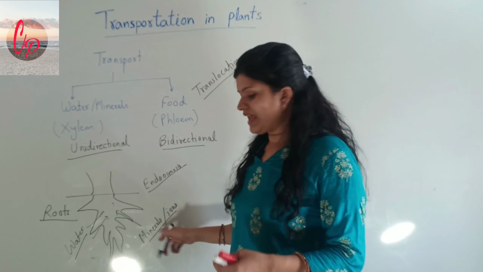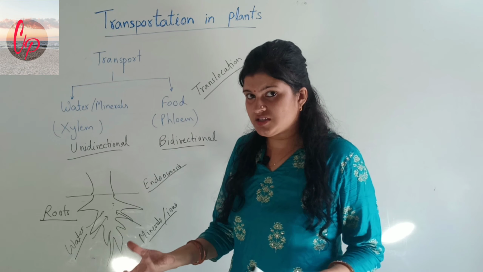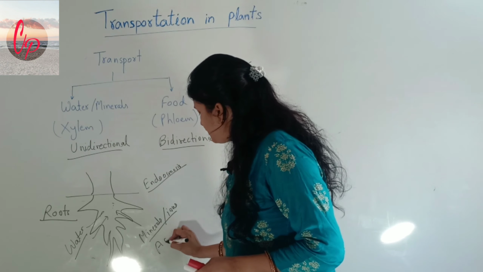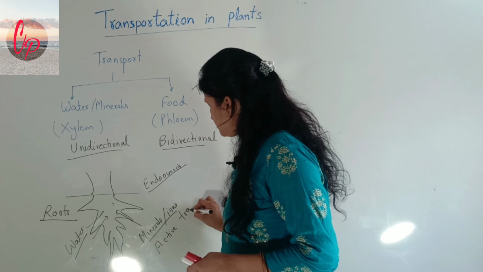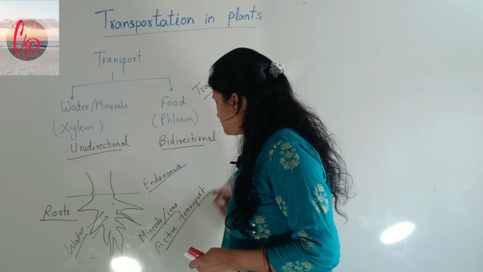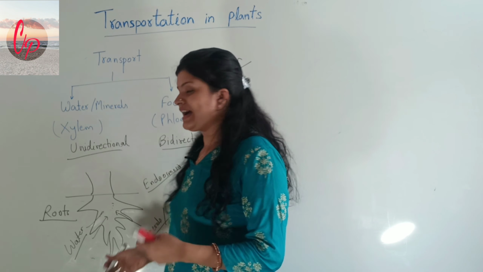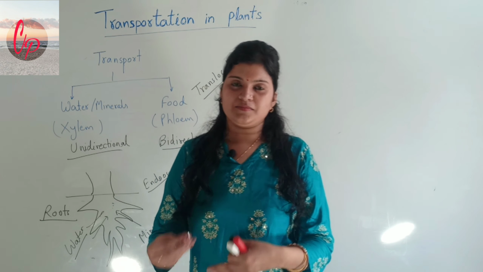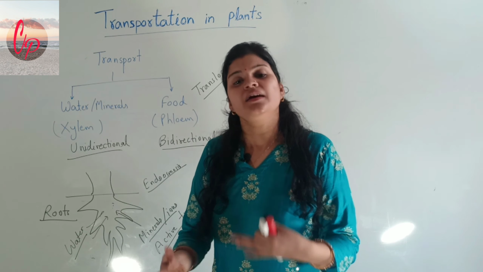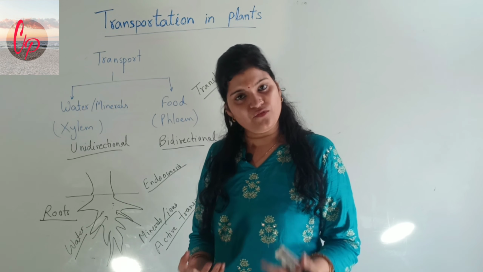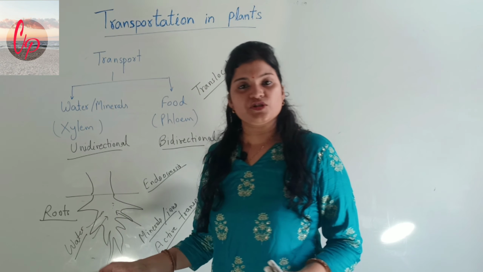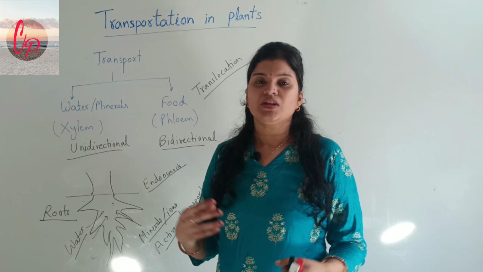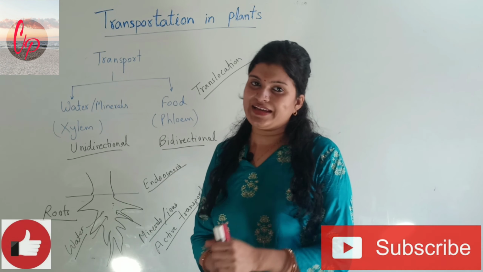And as the minerals and ions are absorbed by the plants by giving some energy, this type of absorption by the plant is called active transport. So with the help of active transport, the plants have absorbed the minerals and they will absorb the water also as a result of this active absorption, because a concentration gradient for water is being formed. So the water will show the process of endosmosis and it will move inside the plant. So in that way also the movement of water can happen in the case of plants.